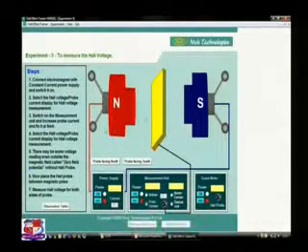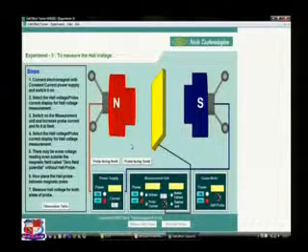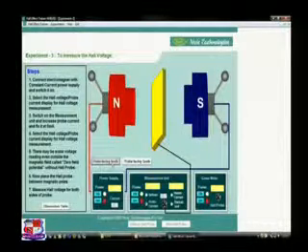So now we can measure the Hall effect, we can measure the Hall voltage. We should know that we should put the probe particularly facing the north pole or facing the south pole. We are putting it facing the north pole.